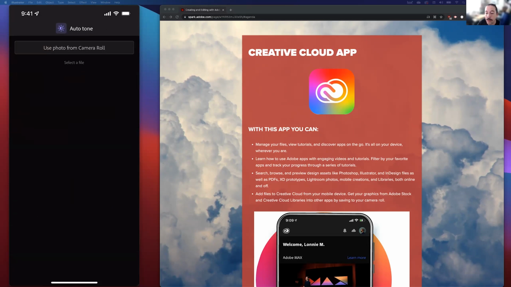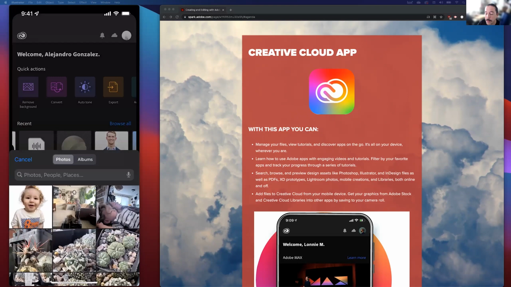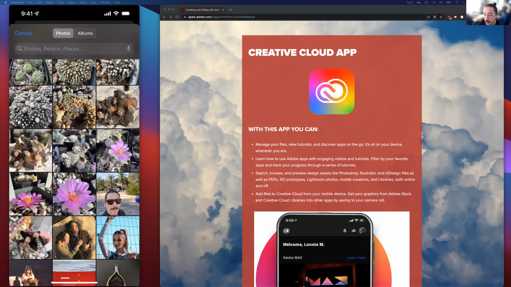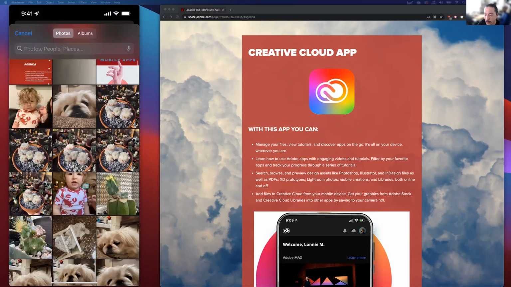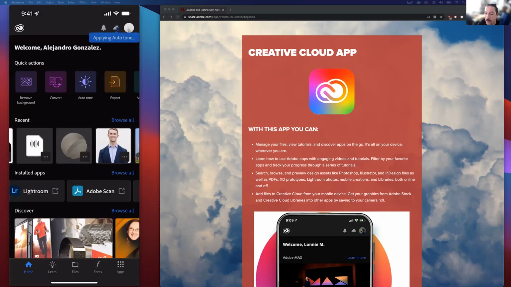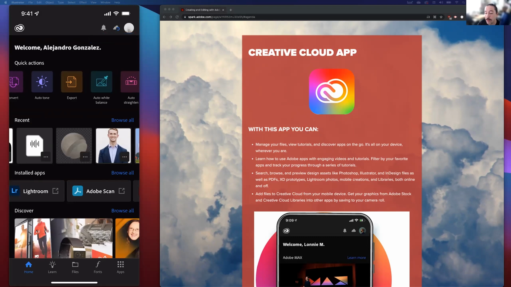I like autotone as well. It's something that's easy to demo. Let's send this picture, Crab Boy. There's export, so you can take files that are in your library. For example,